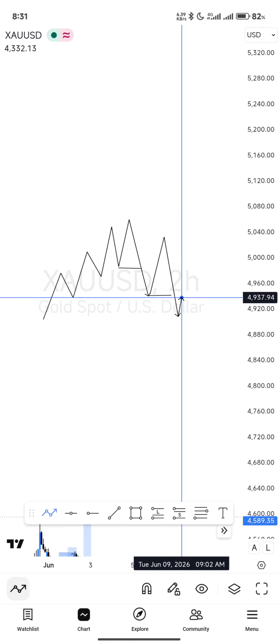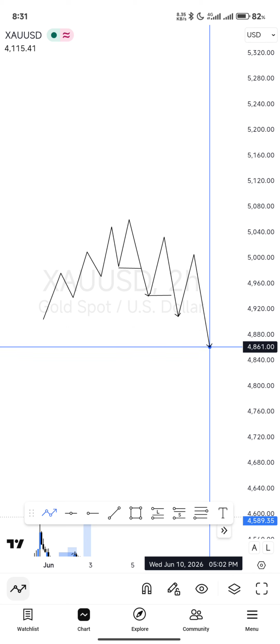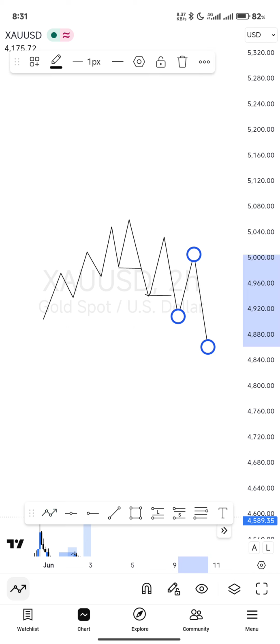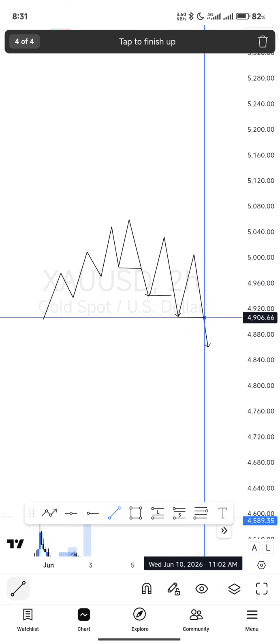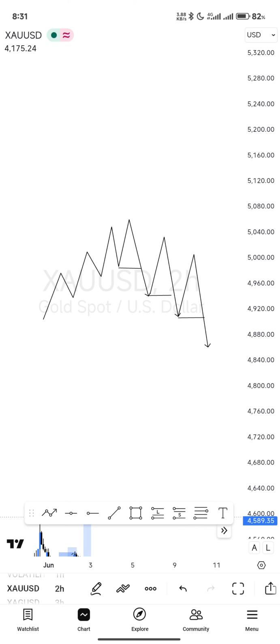So we know if the market goes higher, there's a higher probability it will come and break structure again, because now the trend has shifted from an uptrend to a downtrend. This is the basic understanding of what a break of structure and change of character, or market structure shift, means. There are other factors you have to know to determine if this is actually a fake out or a manipulation in the market, and the time frames you're looking at matter a lot. I hope that was clear. If you have any questions, you can ask in the comment section.